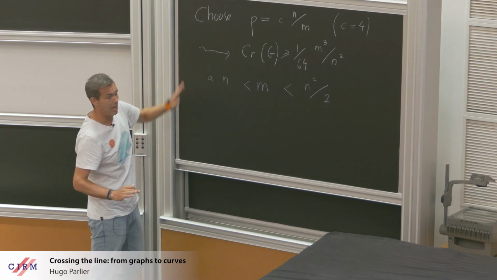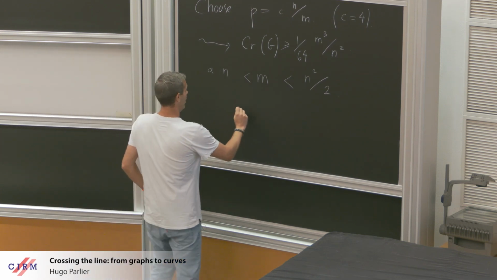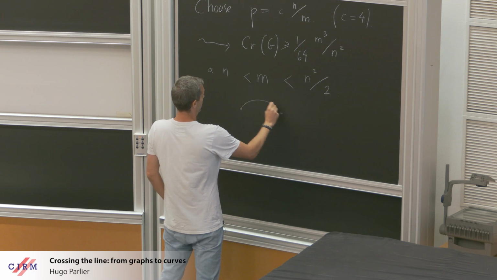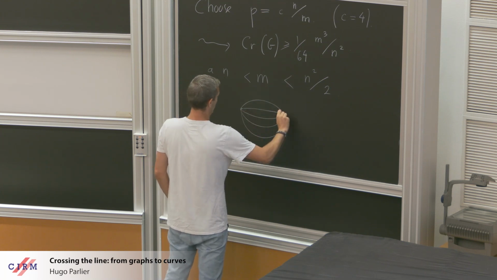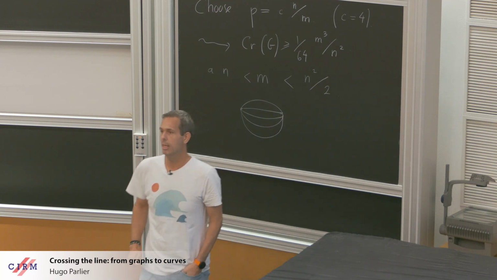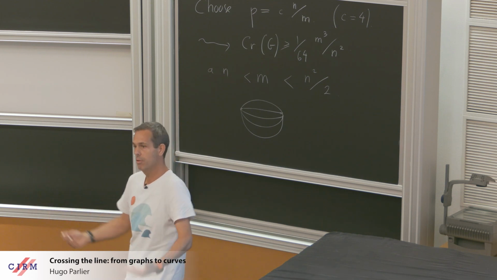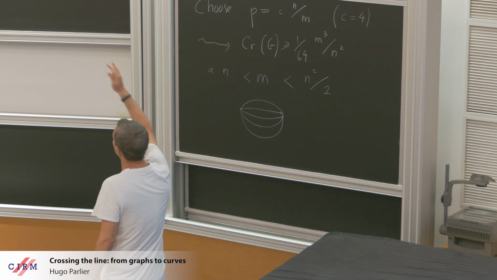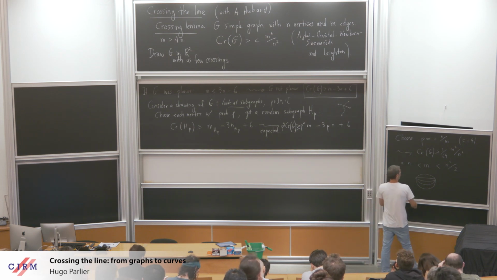The other thing I want to point out is that the simplicity is essential here. Because otherwise, if my graph was not simple, here's a graph with many, many edges. It has 5 edges, which is a lot, and there are no crossings whatsoever. And of course, you can do this for any number. So simplicity is absolutely essential in this lemma. All right, so that's story number 1.